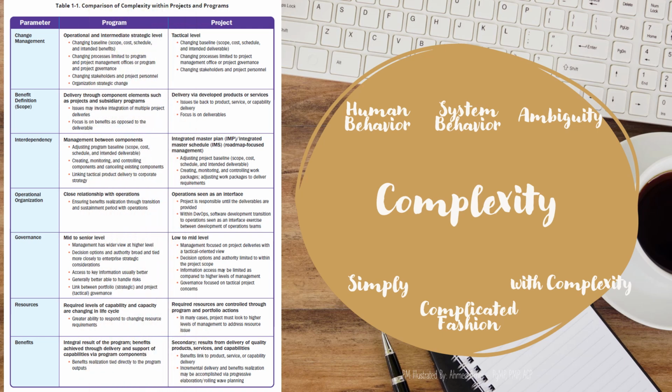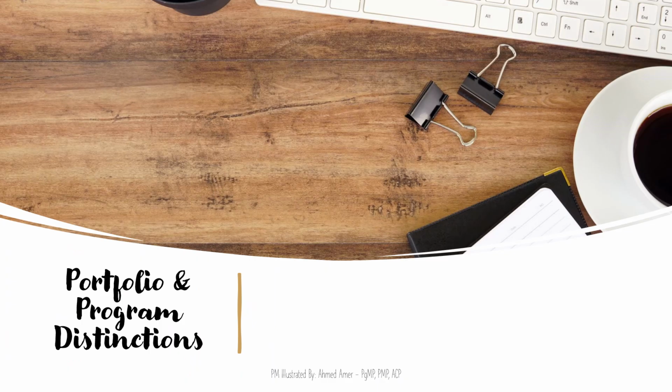This table lists a number of parameters that may act as catalysts for complexity of both programs and projects. These parameters are scope, change management, resources, governance, and other items. We can observe that programs usually have a higher authority or broader view of influence than projects in most cases.